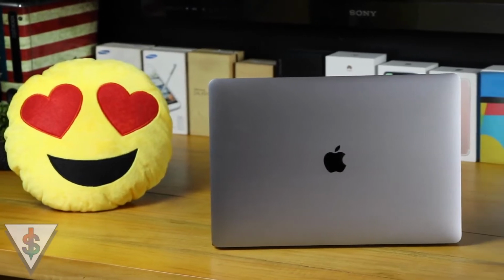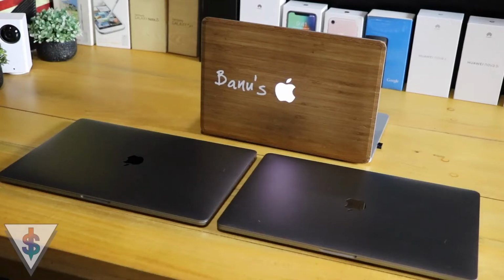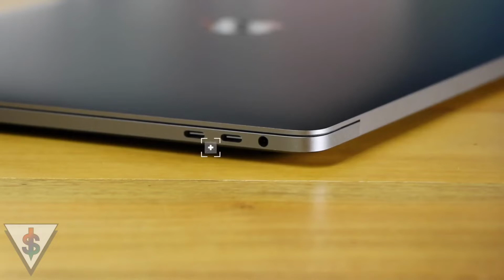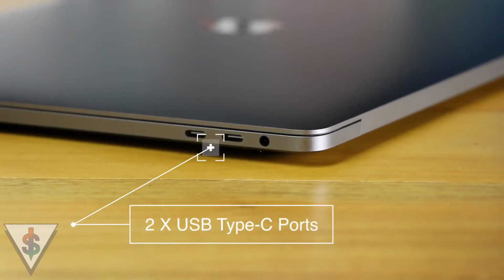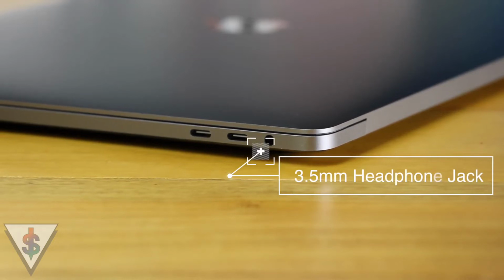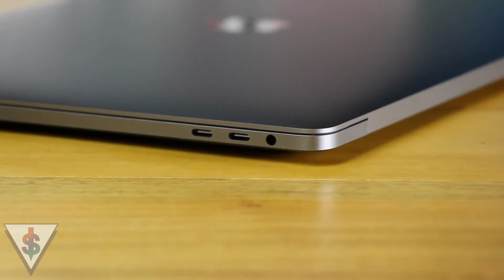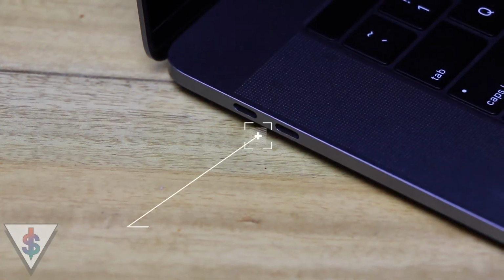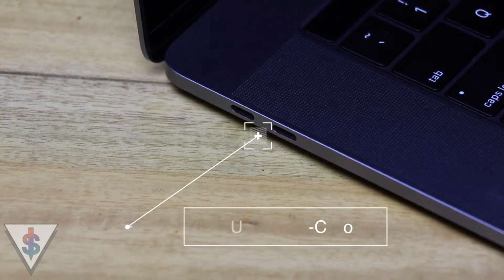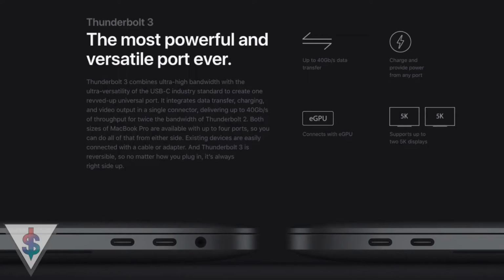Having a look at the design of this MacBook Pro, there's nothing really new here. It's the same design of the 2016 as well as the 2017 MacBook Pro. On the right hand side, we have two USB Type-C ports, and guess what? We still have the headphone jack. I think Apple hasn't found the courage to get rid of that on the MacBook Pro yet. On the left hand side, we have two more USB Type-C ports, so you will be needing dongles to do majority of the things, but it's USB Type-C. It's great that we have 4 ports here, and these are really powerful ports, so you can do some wonders